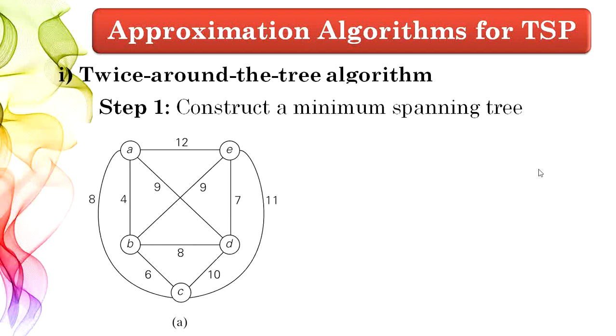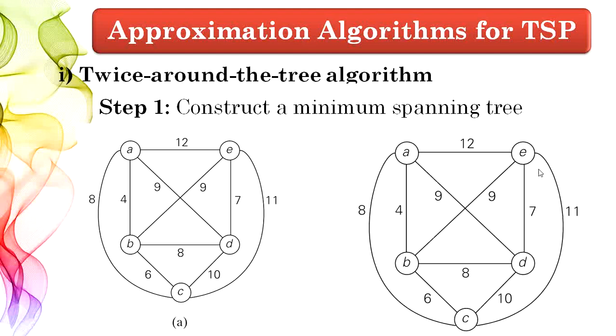Construct the minimum spanning tree for the given problem. Here we have 5 nodes, and each node will have a lot of edges. Based on the least edge, you are going to construct the minimum spanning tree. One more condition we should remember is that a tree will not allow a cycle to form. So I started from A. From A I have 4 connections, because node A has a degree of 4. A to C is 8, A to B is 4, A to D is 9, and A to E is 12. The minimum edge is A to B, so I selected A to B.